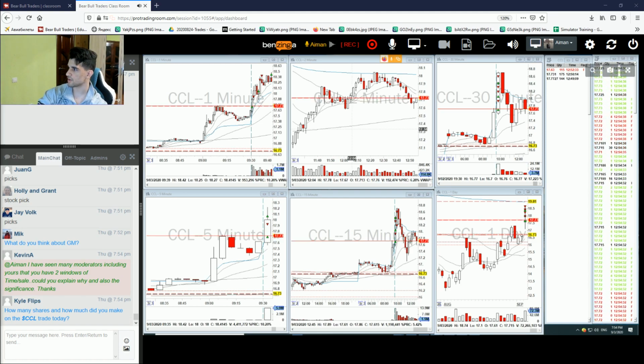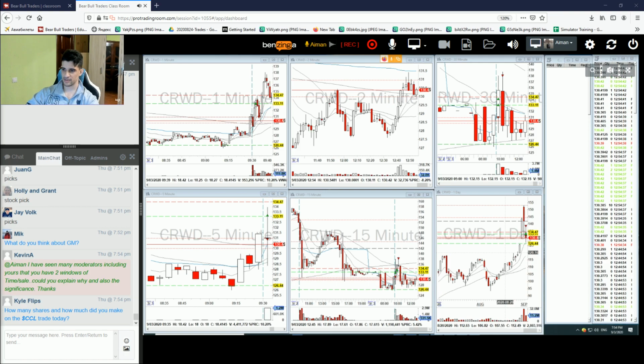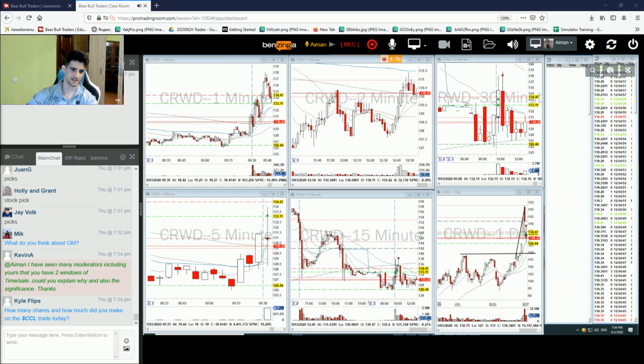Another stock I watched today was CRWD. Looking at the daily chart, I could be either long biased or short biased, but I'm a little bit more long biased on this thing. Why is that? Just zooming out this chart, I see that we're having a resistance right here. It broke that resistance, it moved a lot, and when the stock is moving a lot, what it could do, similar to the 5 minute chart if you are trading uptrends, is pull back to the 9 moving average